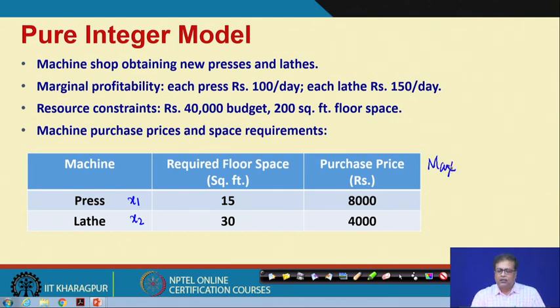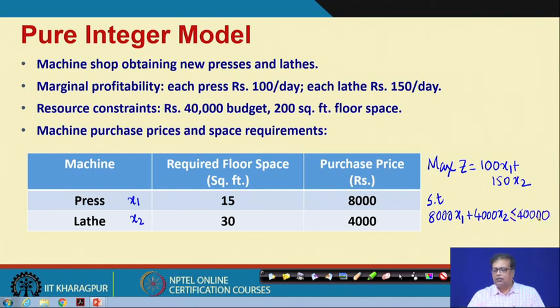Maximize z equal to 100 x1 plus 150 x2. So, this is the objective function. What are the constraints? The constraints will be, subject to, first of all, the budget constraint: 8,000 x1 plus 4,000 x2 should be less than or equal to 40,000, and the required floor space